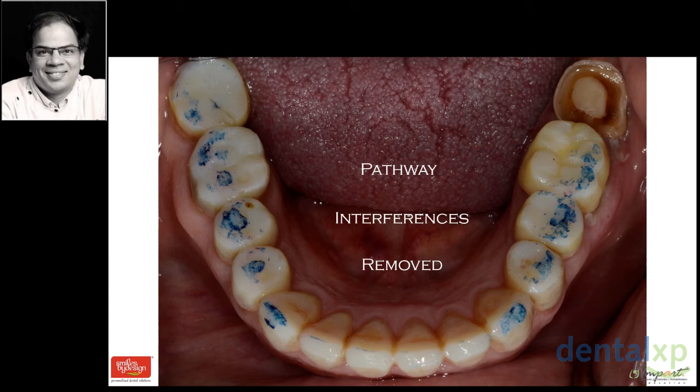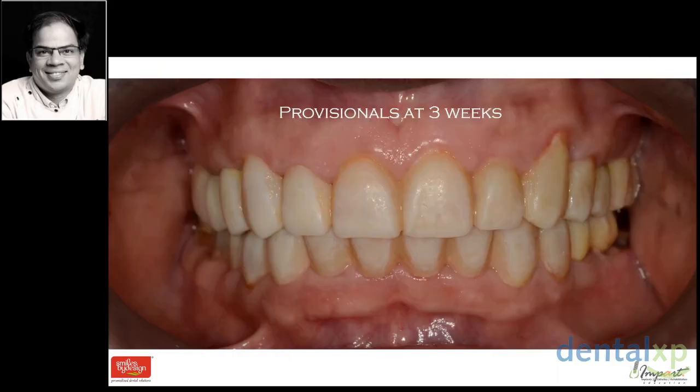At 3 weeks, I see the patient and he looks like this. The positive findings are that he has not broken any tooth. He is very happy with what he is eating. He has no pain in the muscles. The immobilization test as well as the load test is negative, and he is reporting good feedback with aesthetics. So now I'm good to start with my final.